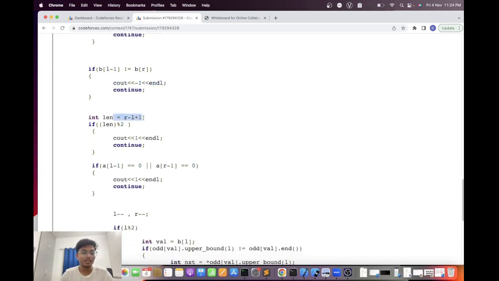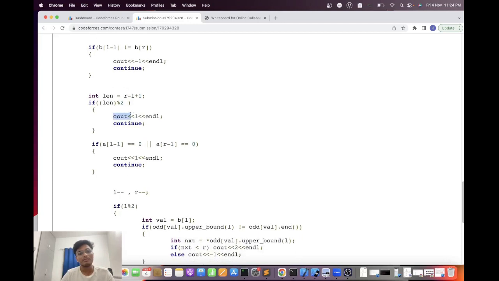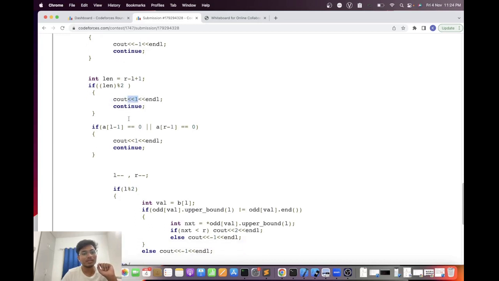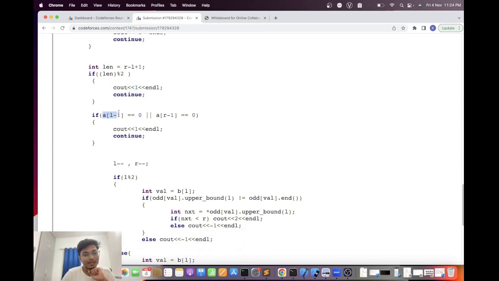Then we have to find, now we have filtered out that the xor is 0. Now we have to check if the length is odd. If length is odd, I say I am taking all the elements and the xor is 0 and length is odd. So in one operation I can do that. Okay, now if the first element is a of L, my L element is 0, and last a of R, so L और R, इनमें से अगर कोई एक एलिमेंट भी 0 हुआ, so the remaining length will be